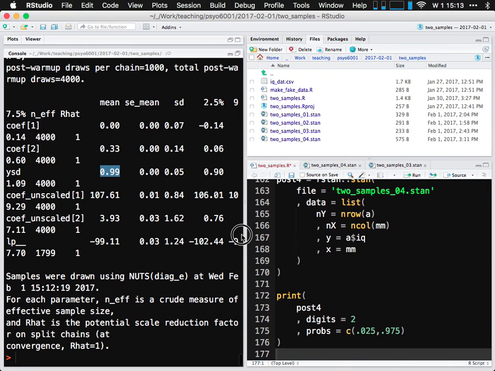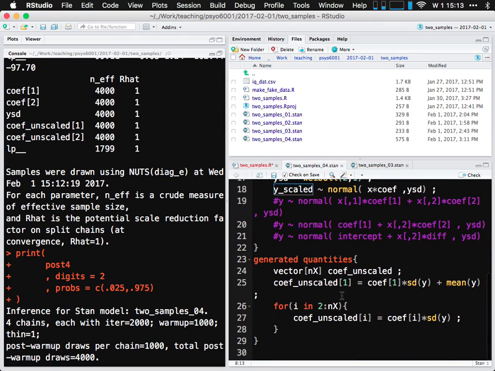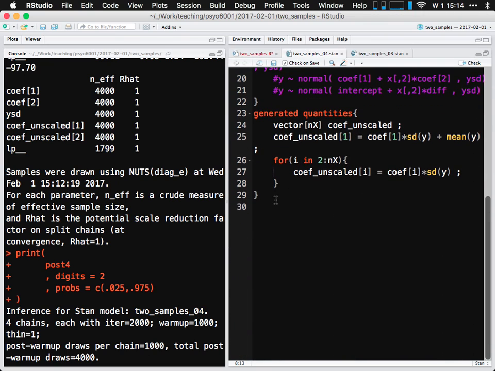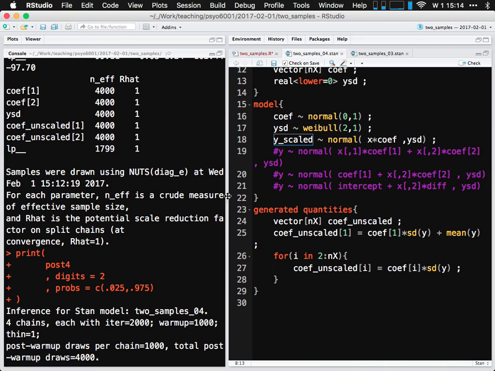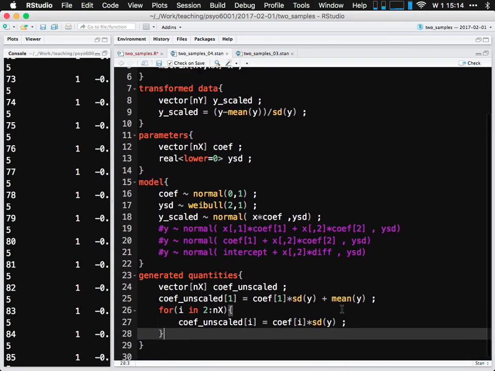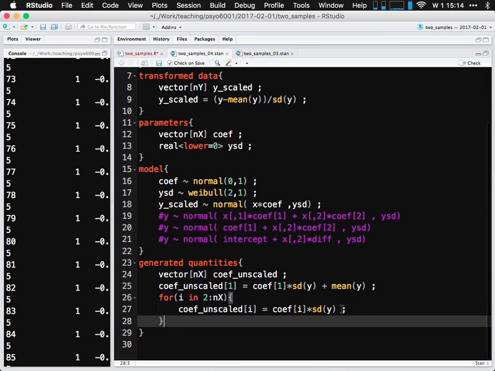I'll ask you, how would we do that? Multiplied by the standard deviation. Okay, so what precisely would I do in my code here? Let me make it bigger. So you need something in transformed data, right? Or it's already there as a scaled. So y scaled's already there. Okay. We know that this thing called ysd